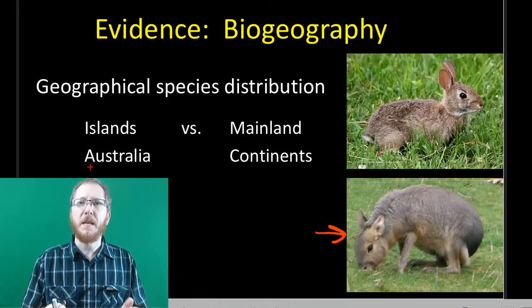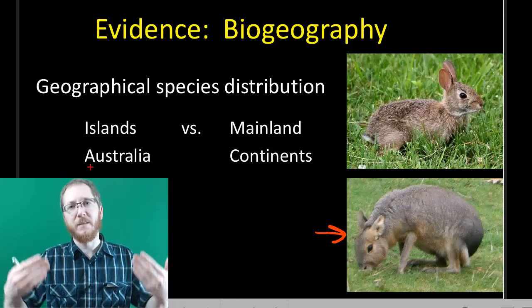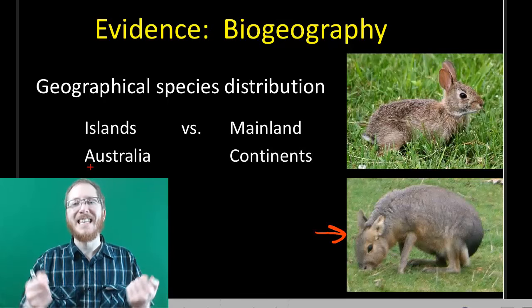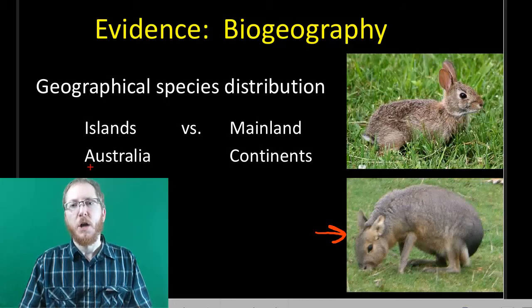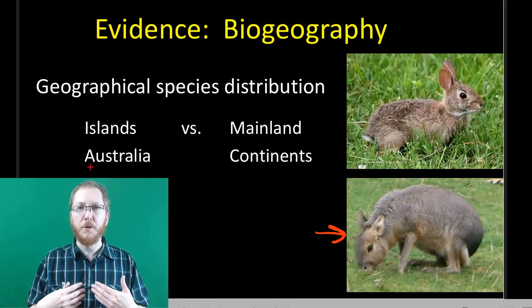It more appears to be finches somehow got there and they've adapted to fill these roles, hence evolution via natural selection, not just them being placed somewhere. You'll also see with biogeography, we see this with past, like the old Earth,